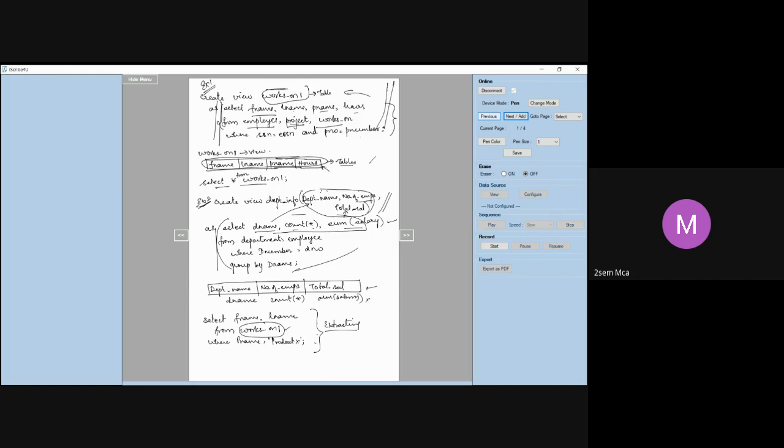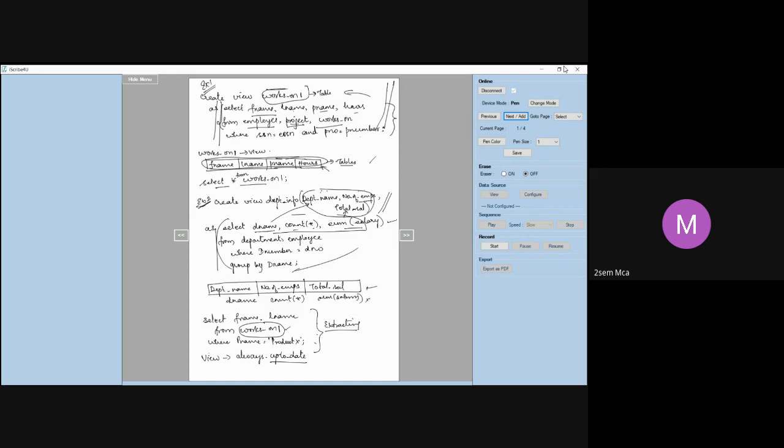And one important thing you should understand here is that a view is always said to be up to date. That is what we mean by saying a view is always up to date. Whenever we modify the tuples in the base tables on which the view is defined, the view also gets automatically updated.